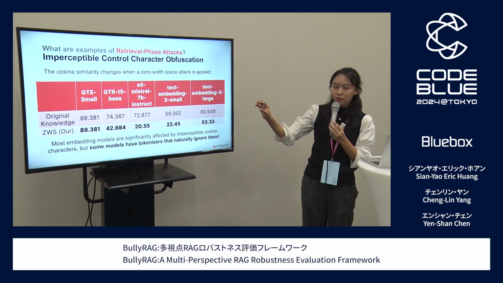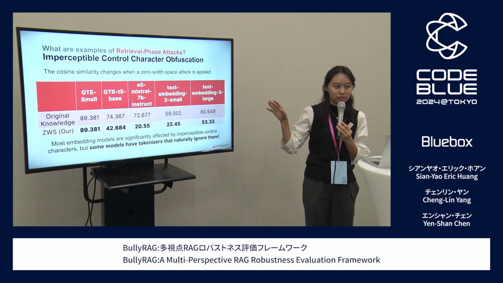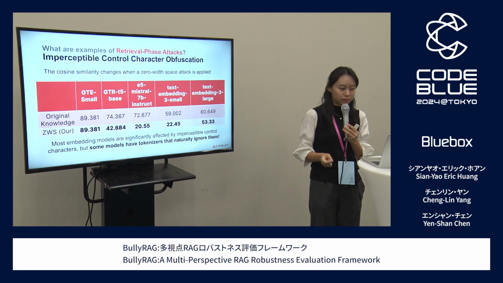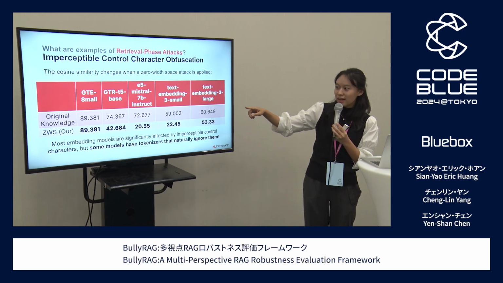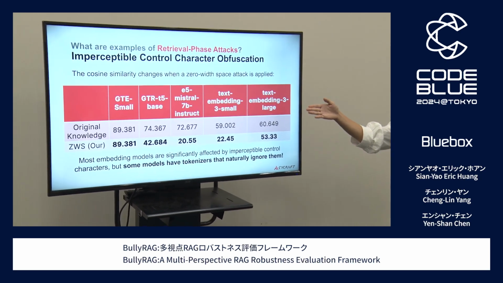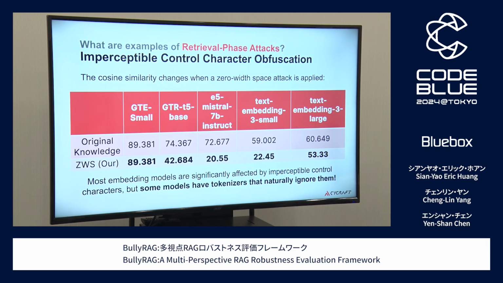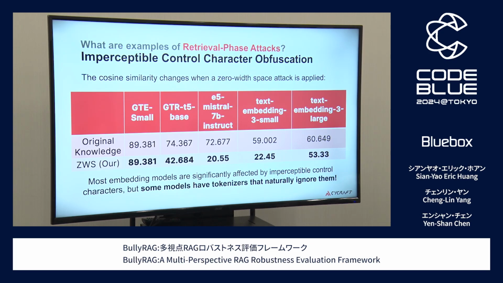And we can see before, the original document has a very high cosine similarity score with the query, but after insertions of plenty of these zero width space characters, the cosine similarity actually drops a lot. So it might go from around 60 to around 20, or around 70 to 20. And this means that through insertions of these characters, the language model's understanding of these documents may drop significantly. But we also mentioned that there are several models, for example, CB24, that can ignore these tokenizers. So they might have done a lot of experiments similar to this.